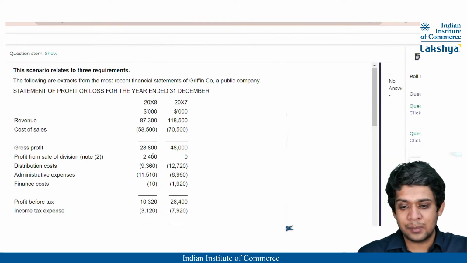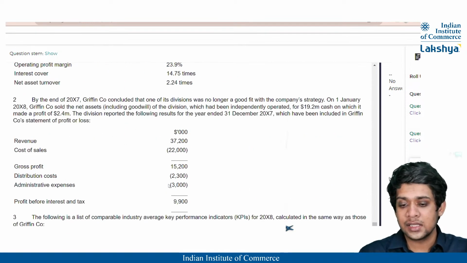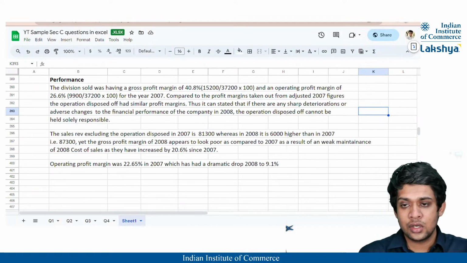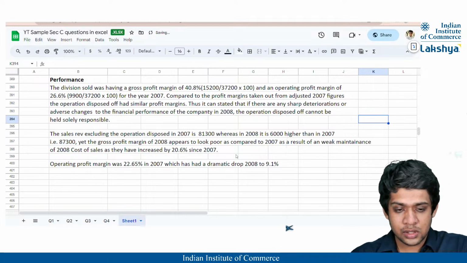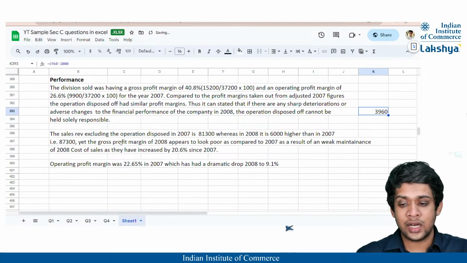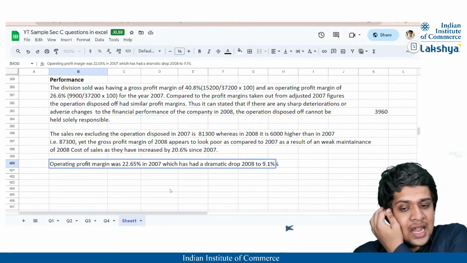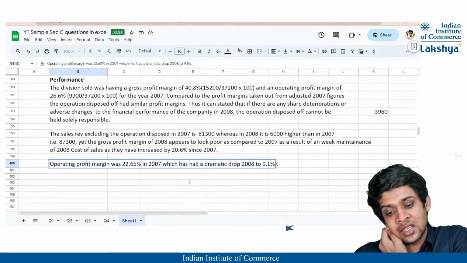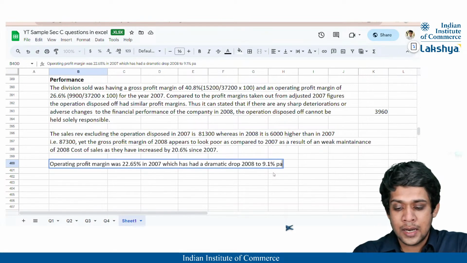Administrative expenses is nothing but 6,960 minus the administrative expenses of the operation which is sold off, that is 3,000, right? So 6,960 minus 3,000, that is 3,960, right? And now, so we will mention operating profit margin has actually had a dramatic drop from 22.65% to 9.1%,